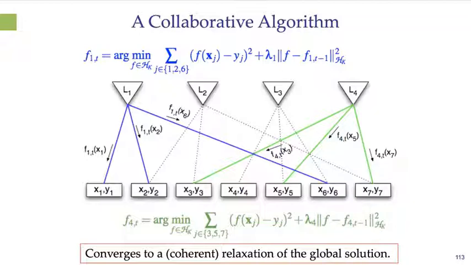And it turns out that by doing this, we get global convergence to a coherent relaxation of the globally optimal solution, that is, the centralized solution to this machine learning problem. And you can prove that by using alternating projection. So it's not even that hard to prove, actually. So here we only need local communication, but we can get basically the best performance that we can get, and we can get a coherent solution.